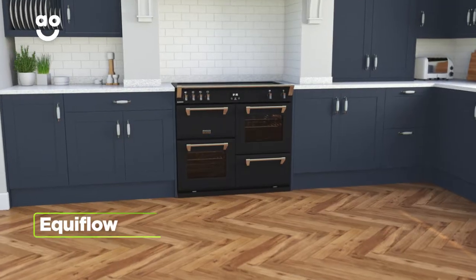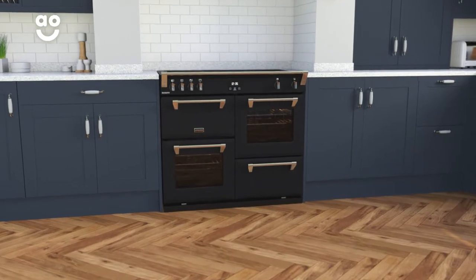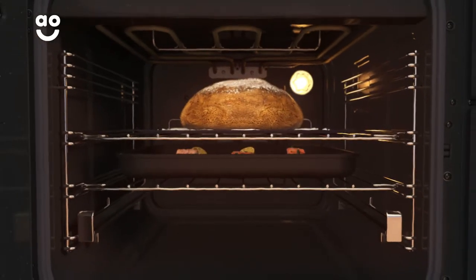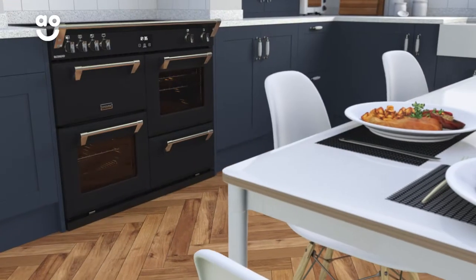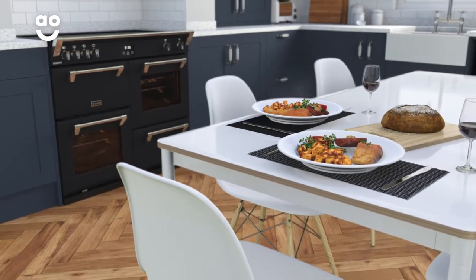results. Incredible Equiflow fan technology from Stoves creates an even temperature from the top to the bottom of the main oven. A fan at the back of the cavity quickly spreads hot air, meaning your food always cooks evenly, no matter which shelf it's on. And because the heat is always moving, the flavors from different foods won't mix together. So, you can bake a fresh loaf of bread while cooking your evening meal and still get delicious results every